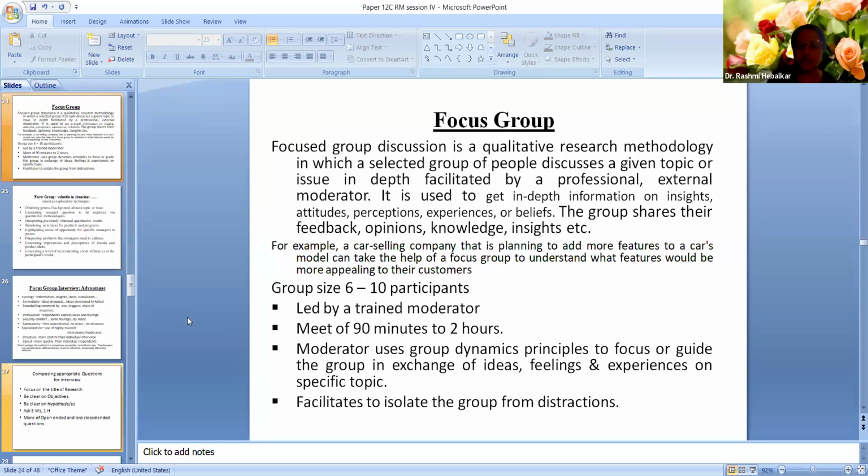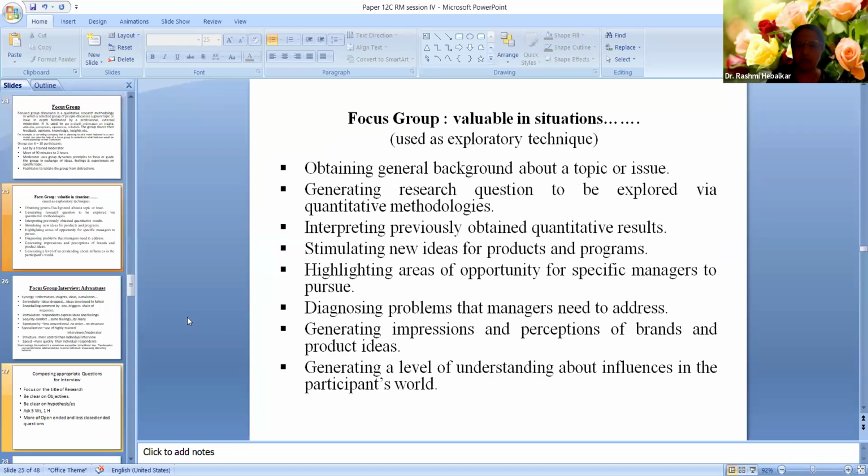The place that you select for a focus group interview is very important. It should be a place where you get a very calm and quiet environment, and where no one will interfere or come in between. Right? Yes, this we have almost discussed. Just read it out to yourself.